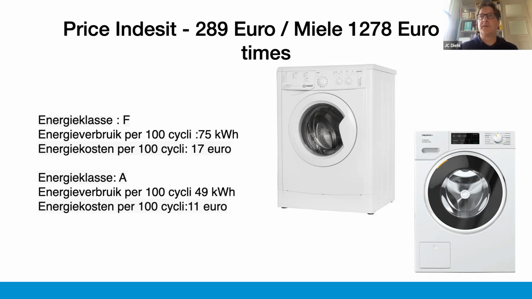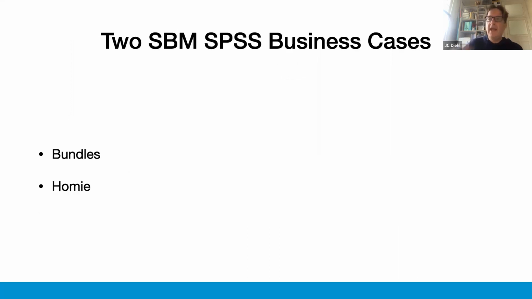But you see also on the top the price tag. The Miele one is around 1,300 euros, while the Indesit here you see is only 300 euros. So when consumers want to become more environmental sound with washing, they also need that financial opportunity or possibility to do so. And related to all these topics related to the environmental aspects of a washing machine, I want to share